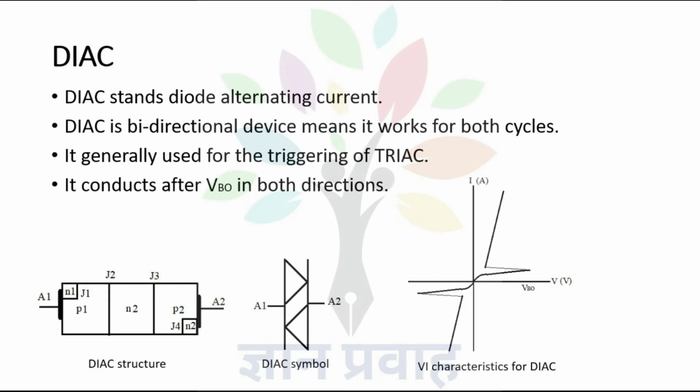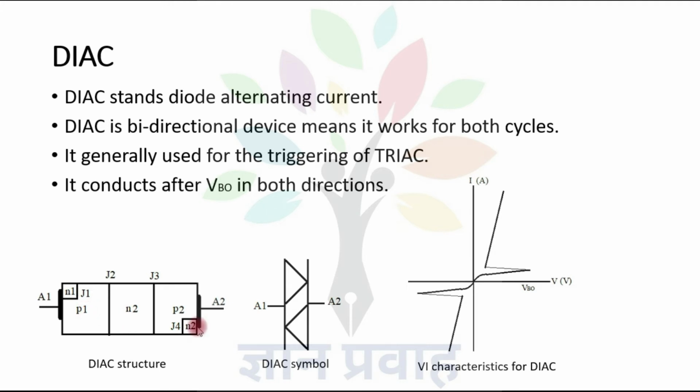DIAC. DIAC is another thyristor. DIAC stands for diode alternating current. DIAC is a bidirectional device. It means it works for both cycles, for the positive half as well as for the negative half. It is generally used for triggering the TRIAC device. TRIAC is another thyristor, and DIAC is generally used for triggering the TRIAC, and it conducts after VBO in both directions. The symmetric arrangement of DIAC is given here,